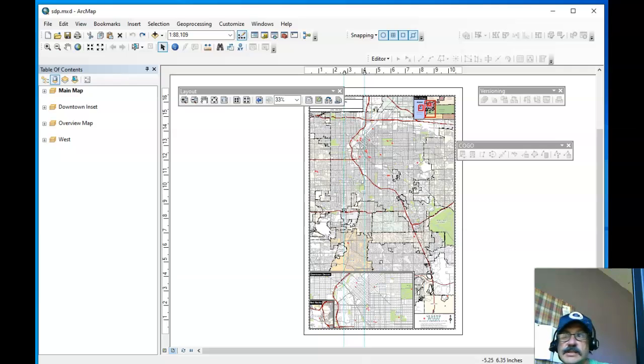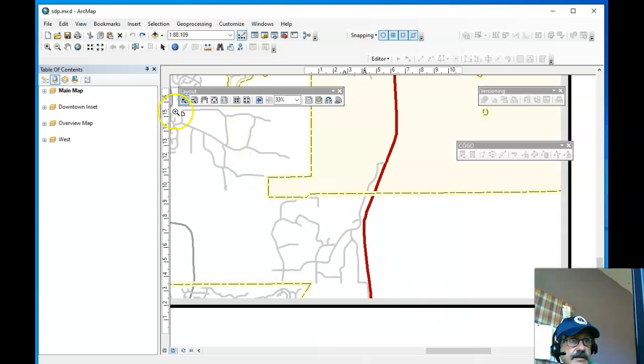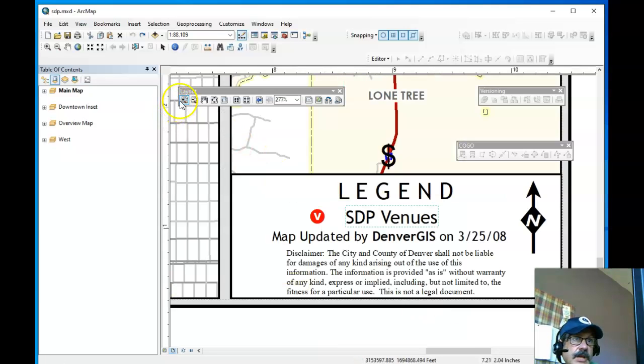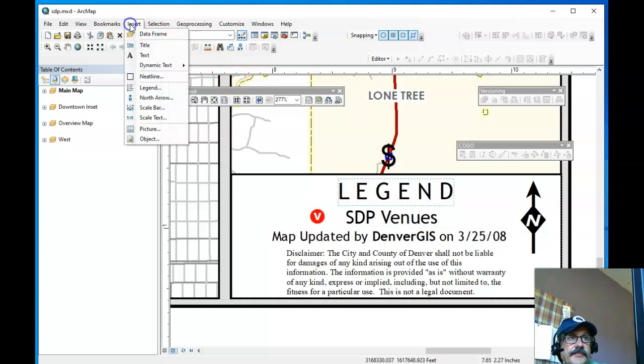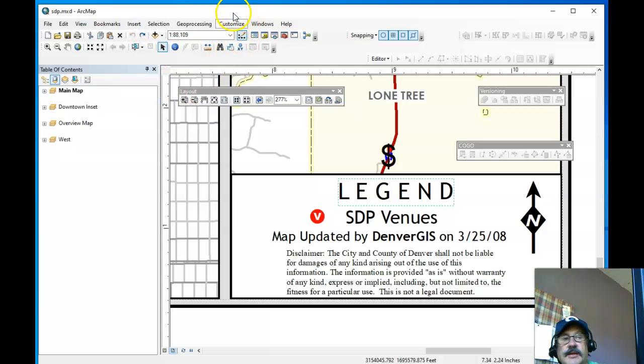So this is to address the question of editing the text that's in the existing legend. I'm going to zoom into the page in the layout view using the layout zoom. The thing is that this is no longer a legend object. You know, when you come up here and you say create insert legend, it creates an object. But then if you want to actually